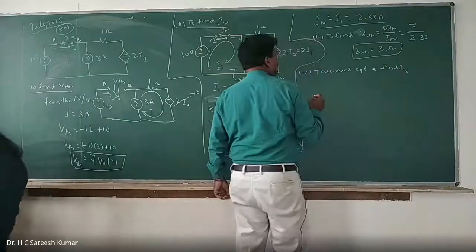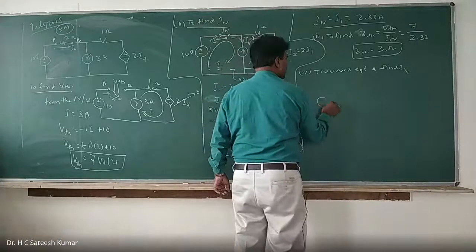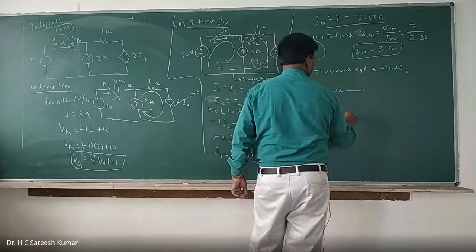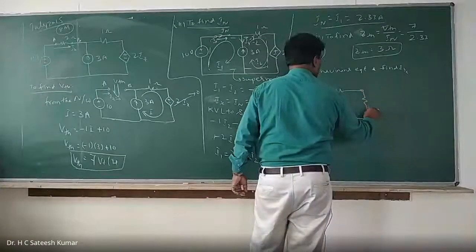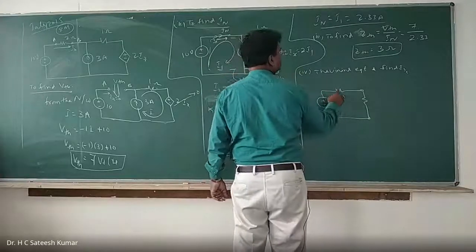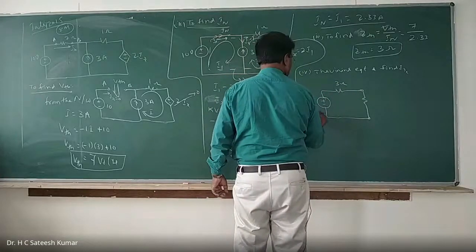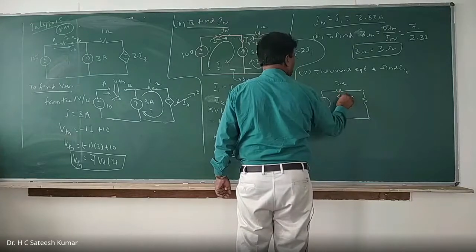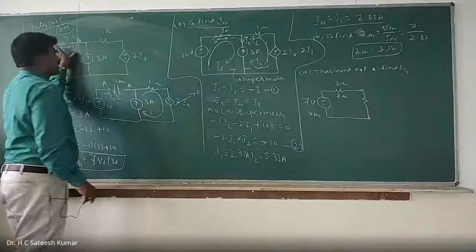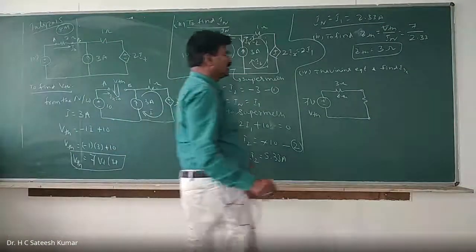Okay, right. Now what do we have? Thevenin's equivalent is a voltage source in series with the resistance, plus one more load. This is 3 ohms, this is 7 volts, and that is your VTH. This is ZTH. Now I want to find Ix, so reconnect the load. The load is 2 ohms.